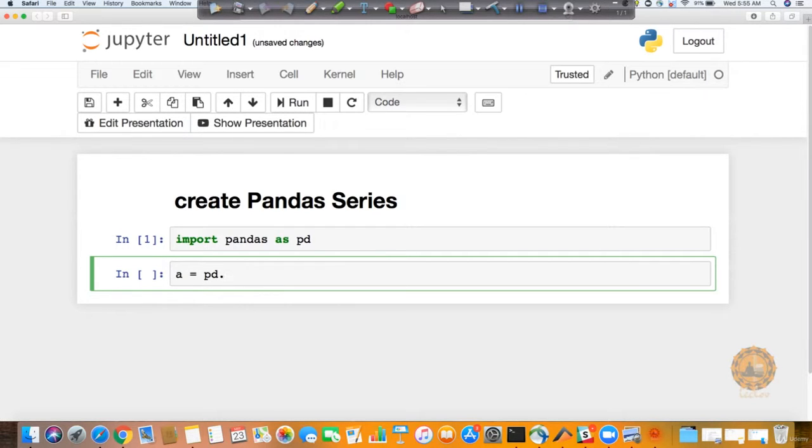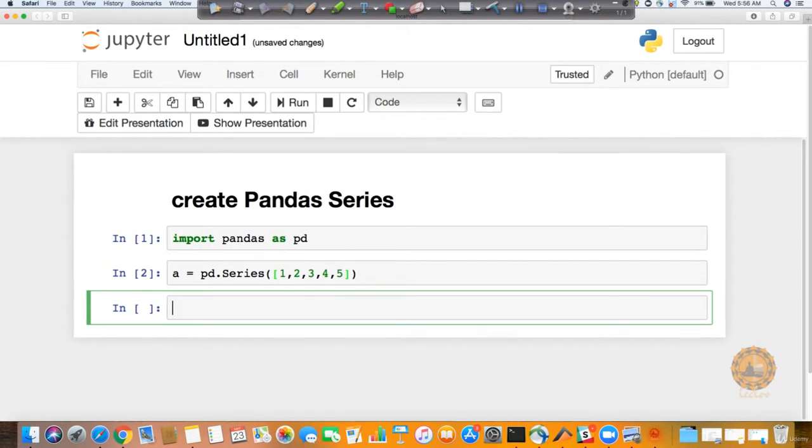So you can say pd.Series. Now, as you remember, in a NumPy array also, we were passing just a list to it. In a similar way, I will be passing a list here as well. So 1, 2, 3, 4, 5 like this. So now I have 5 values. It's going to take this as a list, but it's going to create a